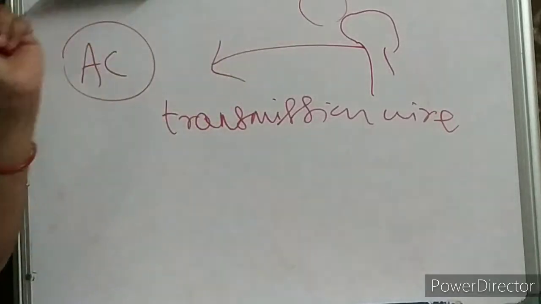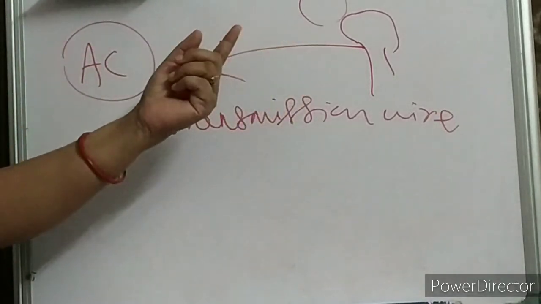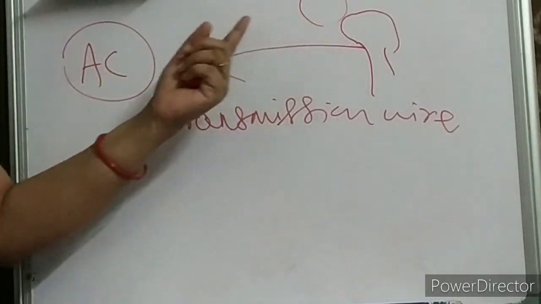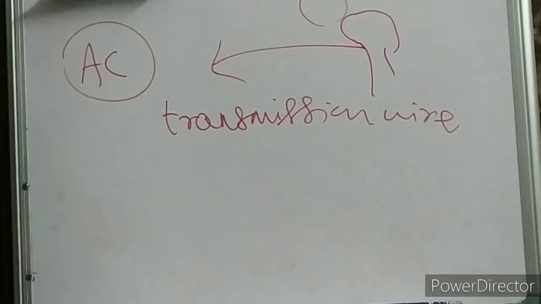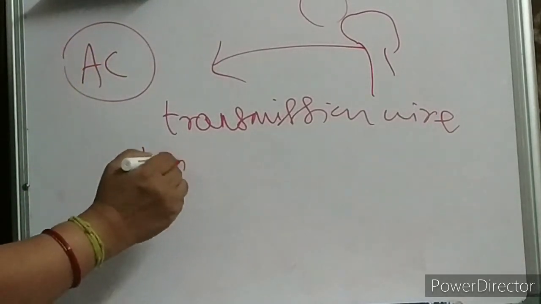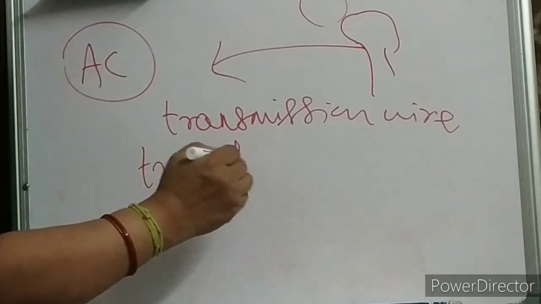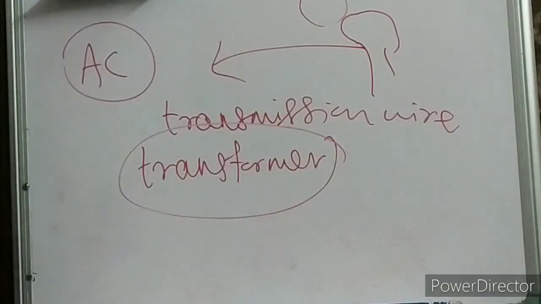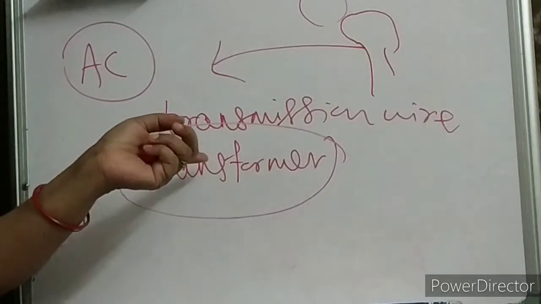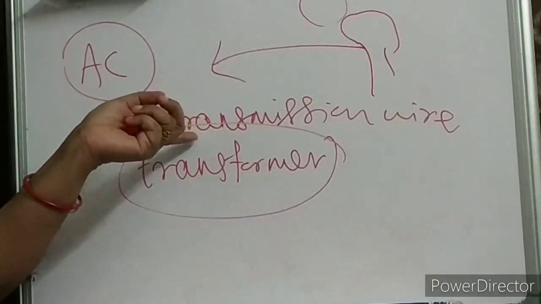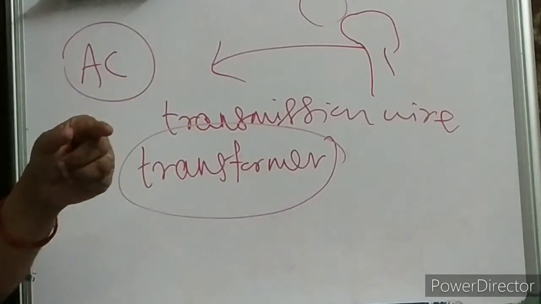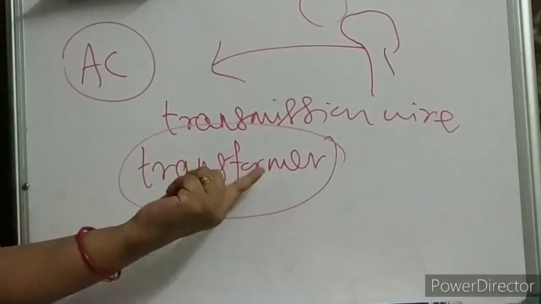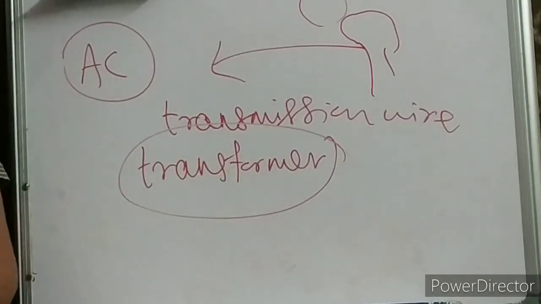Okay, then what will we do? Then we can change this current after the supply to a high amount of current. And how will we change from low to high? We will use, children, a transformer. You are going to study this in class 12th. This transformer is based on mutual induction. We have studied electromagnetic induction now, and from there we will study mutual induction, the principle on which the transformer works.